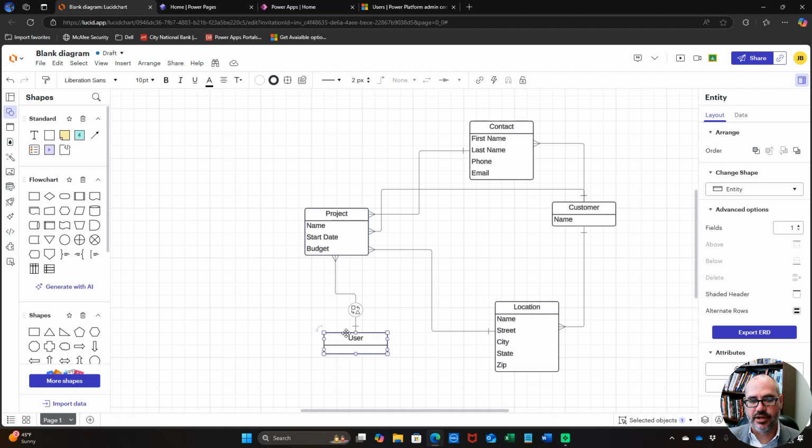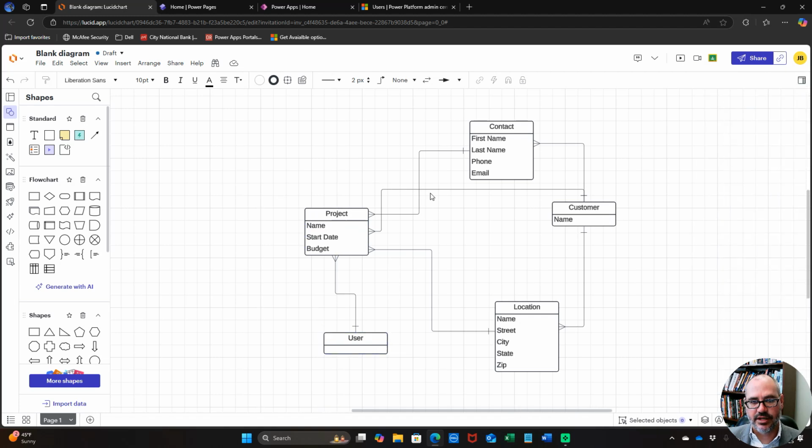So I want my project managers to be able to log into the system, see their projects, update status, and things like that. So that's kind of the fictional situation, and I'll show you how to implement that as we build the tables. So this is the basic ERD that I'm going to be implementing, and I'll go ahead and start doing that. I'm going to start with the ones that,